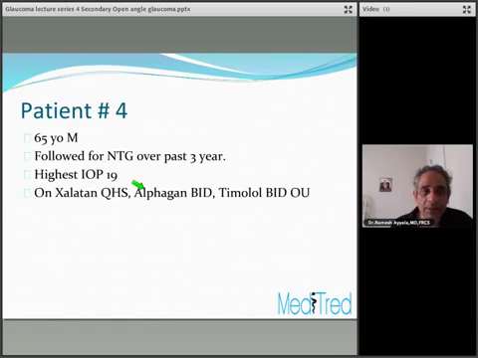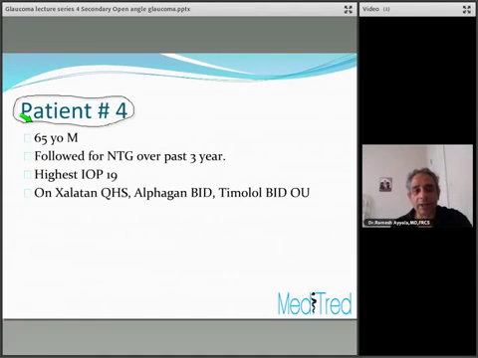Now, as I was mentioning to you, there are some patients who will present to you as normal tension glaucoma, but they really don't have normal tension glaucoma. They may be having some other etiology going on. As is seen in this particular patient, a 65-year-old who was being followed by a different glaucoma specialist with a diagnosis of normal tension glaucoma for over 3 years. Highest IOP was 19. The patient was on these 3 medications, and